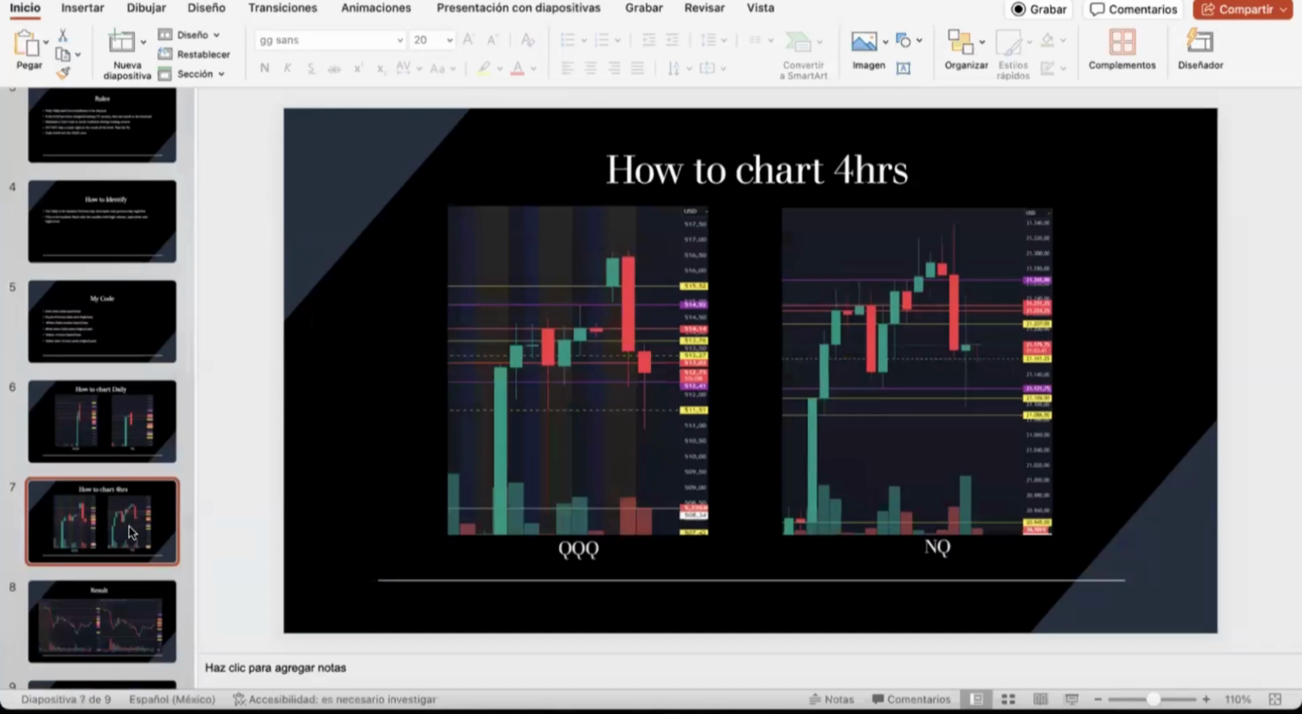So how to chart 4 hours? When you go back to the 4 hour chart, you see I already have my daily ones: purple, red, red, purple, and for NQ it is the same. For 4 hours, like I mentioned before, I focus only on the candles with high volume and chart them. So for example,